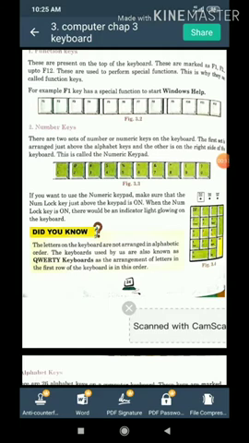So the letters on the keyboard are not arranged in alphabetical order. The keyboards used by us are also known as QWERTY keyboards, as the arrangement of the letters in the first row of the keyboard is in this order.